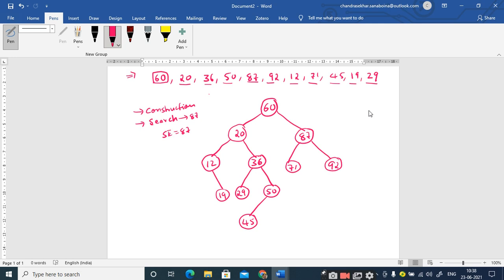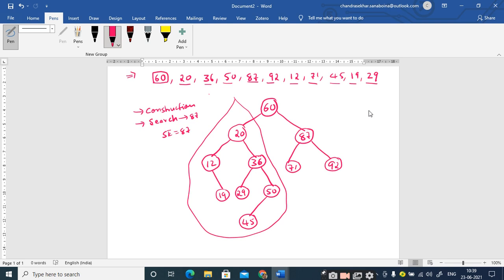You compare the search element with the element present as the root node. So 87 compared with 60. Since the search element is greater than 60, where do I have to perform the search? Is it in the left subtree or the right subtree? Right subtree, sir. Since the search element is greater than 60, you should process the right subtree. In the search operation, you can observe that you are almost neglecting half of the elements, right? So this part you are neglecting for this particular 87 search. Am I right or not? Yes, sir.